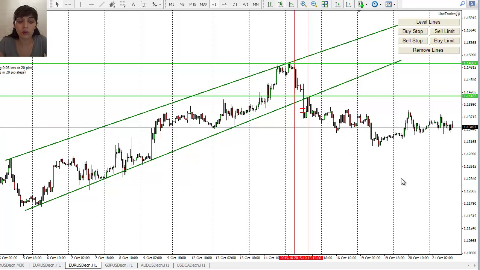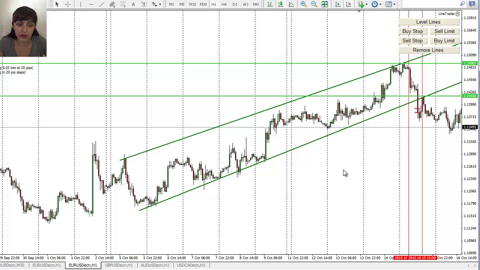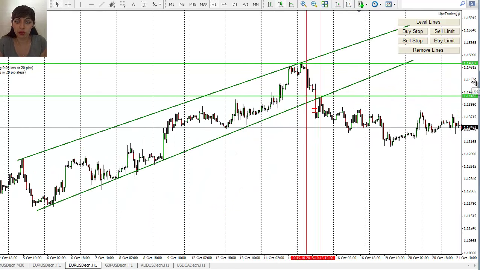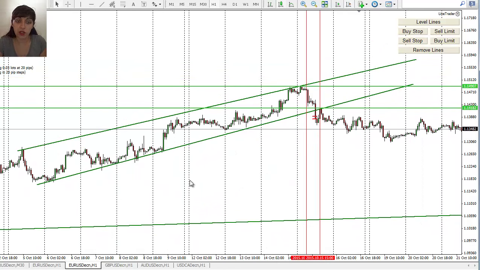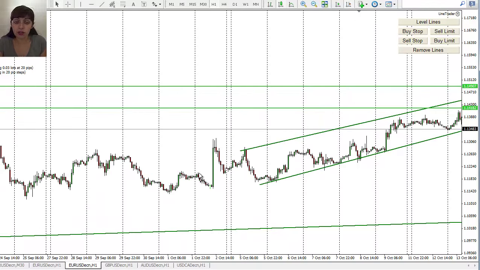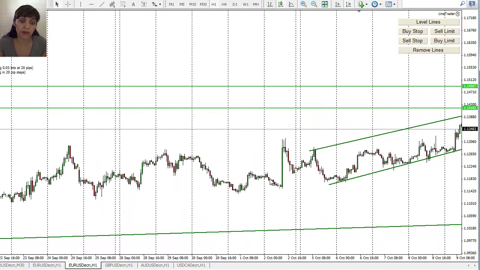So in euro dollar, you can see the main levels, and it's an uptrend. I'm not going to go backwards far on monthly charts and other charts. I will make another analysis of the euro dollar and maybe other pairs in other videos, to see what's happening on the market, what I think and what I see. But right now we're just looking a little bit behind.